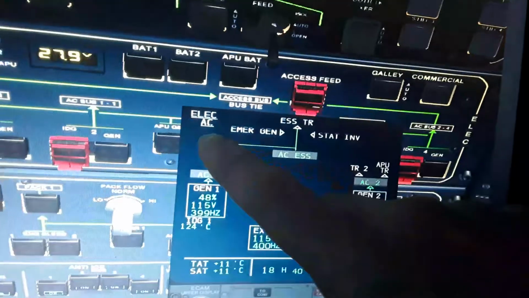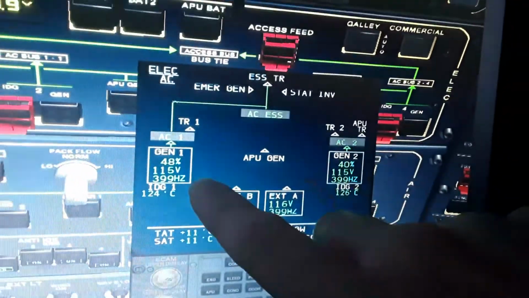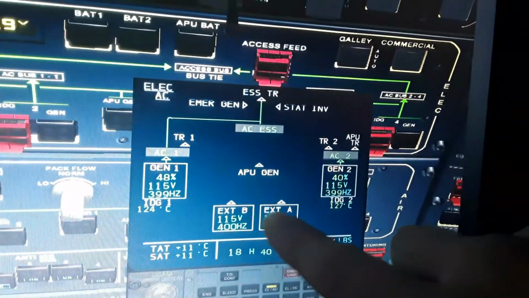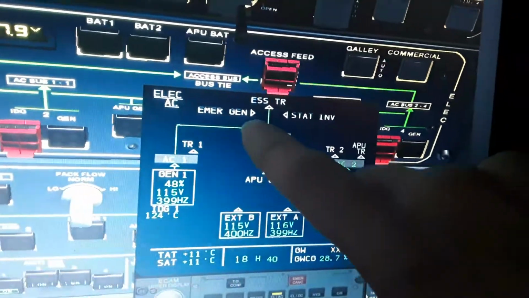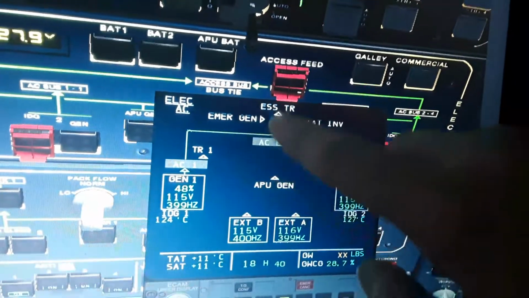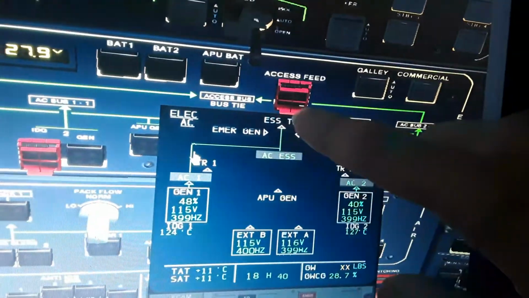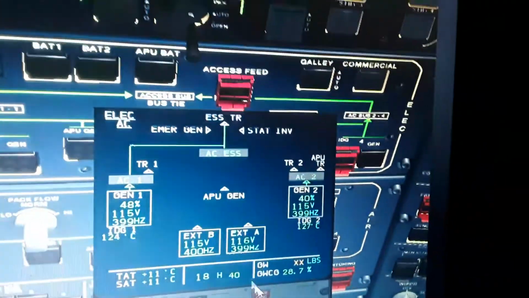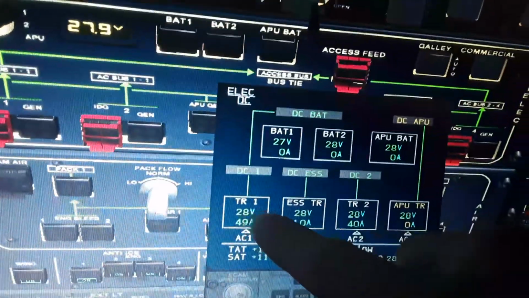The alternate current electric from generator 1 and 2, and generator 2 and 3, which is displayed as generator 1 and generator 2 for this simulation. The external B and external A, and the APU generator, which is off right now. There is no APU power. This is actually the essential transformer rectifier, which supplies direct current by converting the alternating current through the transformer rectifier, and supplies the batteries and the direct current and essential buses, like you can see here, tier 1,